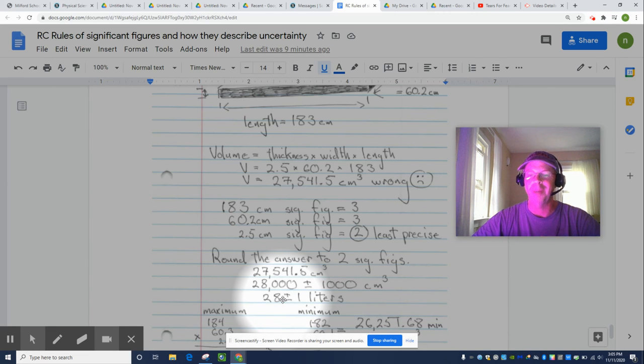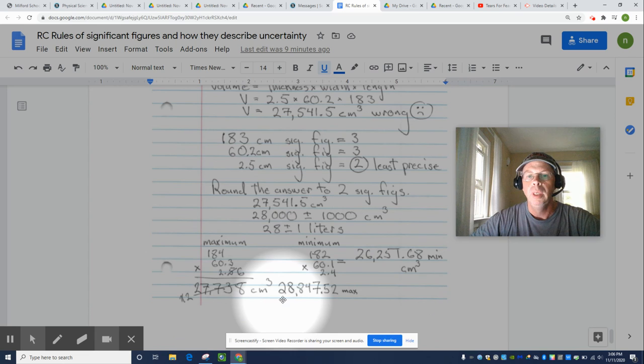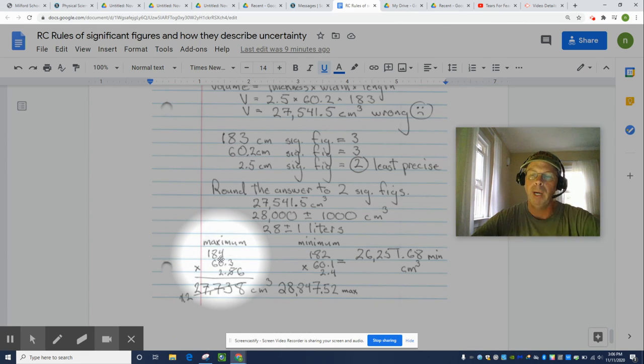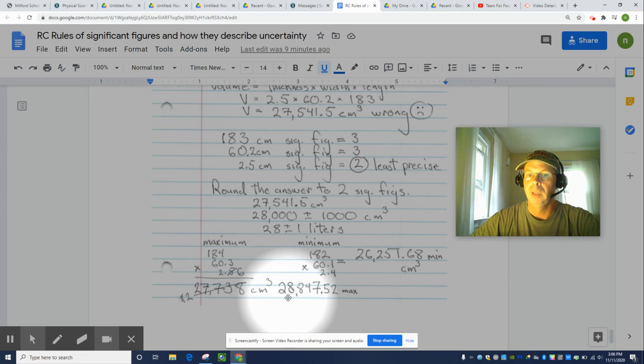is kind of crazy. Your tabletop is roughly 28 liters, plus or minus a liter. That means it would take 14 2-liter soda bottles to fill your tabletop with water. An unusual result. This is one way to sort of prove why the range of uncertainty is so gigantic. So you can take each measurement and bump it up by 1 in the uncertain place value. 184 multiplied by 60.3 multiplied by 2.6, pardon my sloppiness. So if you push these 3 dimensions to their maximum on the highest part of the range of uncertainty, you could get as big as